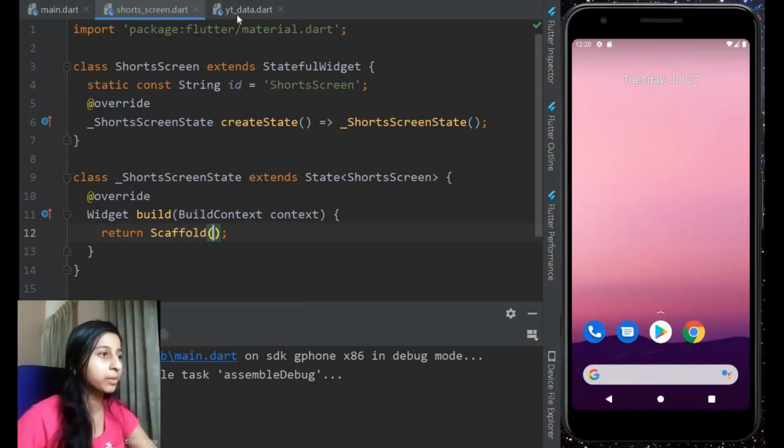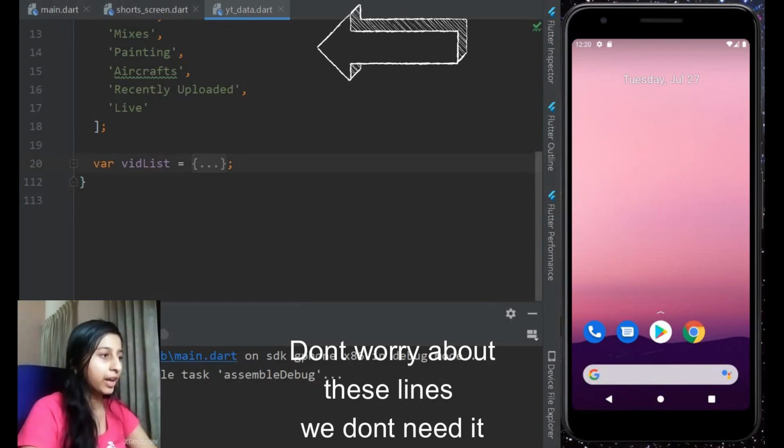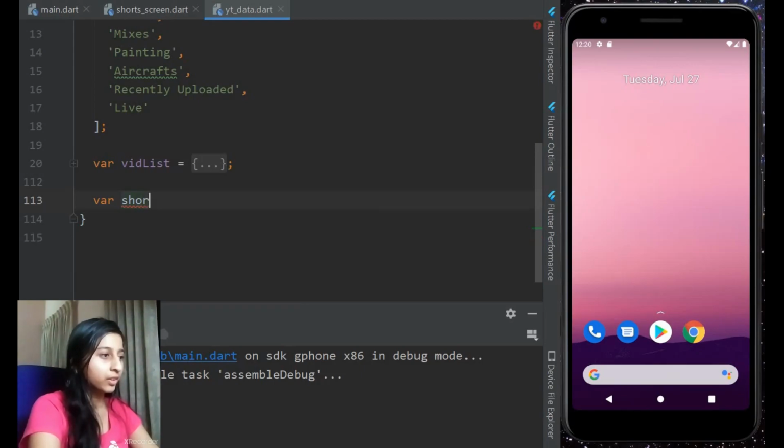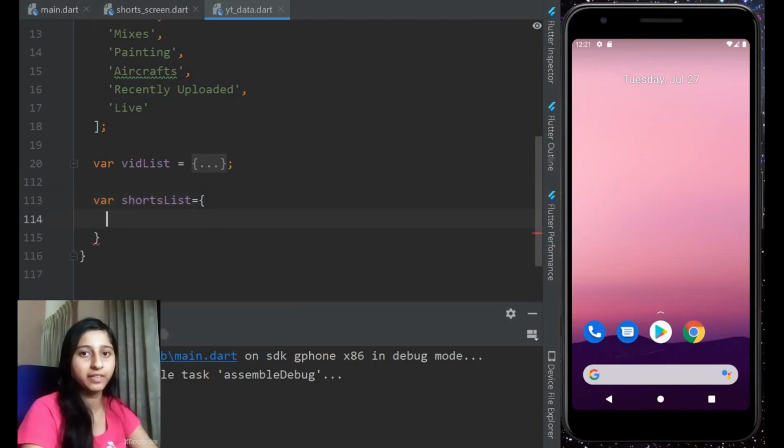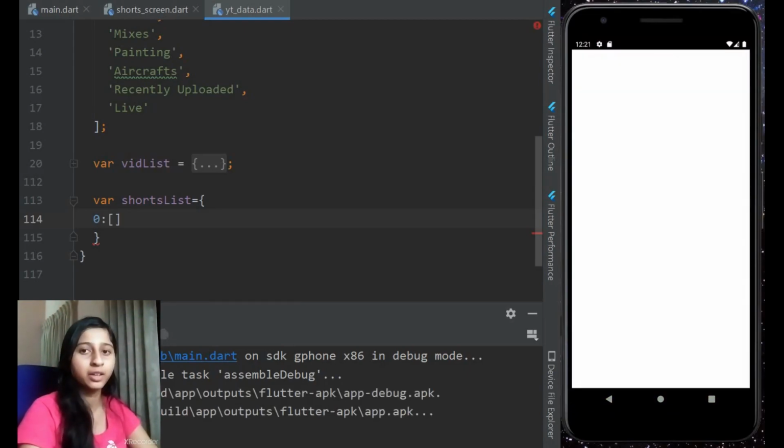Here I have a separate Dart file for adding all the data. I'll create another variable called shorts list, which is a dictionary, so it has key value pairs. Each key represents the index of the video. Here we have the first video as 0, as the index usually starts from 0, to whatever value we want. For 0, we have some list which contains the